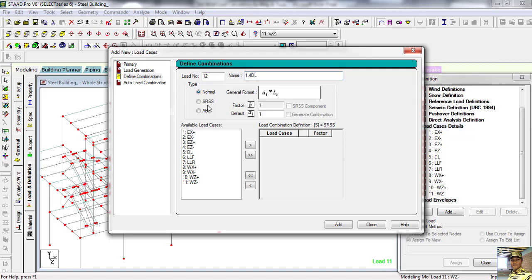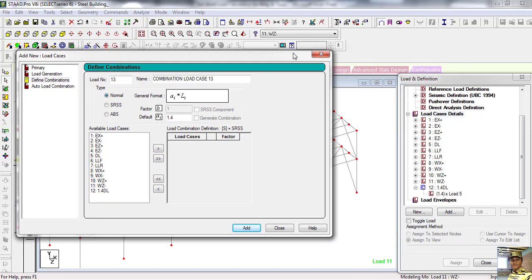By default the factor is 1.4. Now dead load, that is serial number 5, so add this one. Now 1.5 is acting, so add.